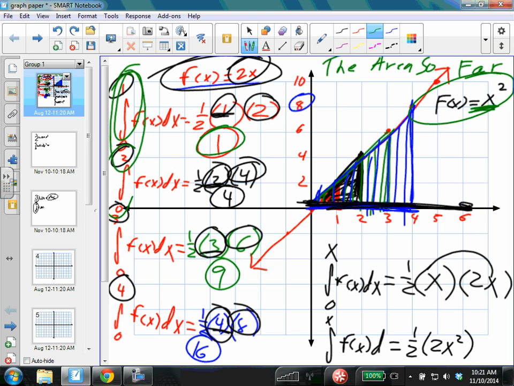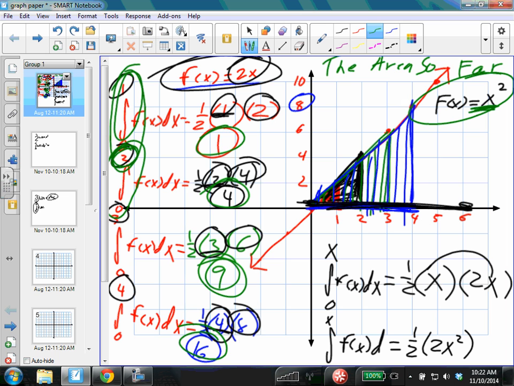And this second one right here, what was our x value? It was the 2 right there. What's 2 squared? That's the answer that we got. And this one, it was 3. What's 3 squared? That's the answer we got. And the last one, it was 4, and obviously 4 squared is 16. So all we need to do is take that x value and plug